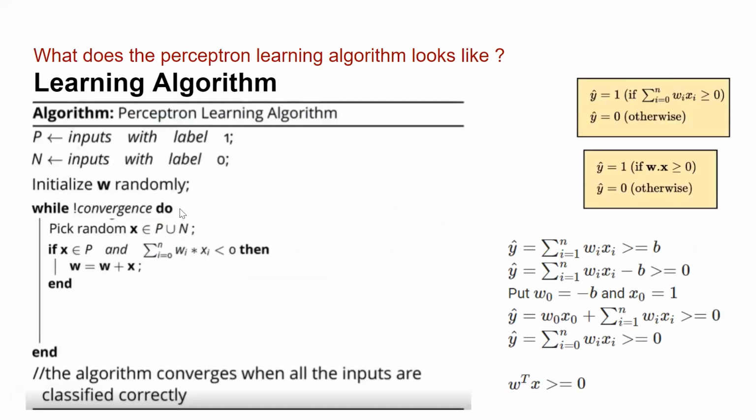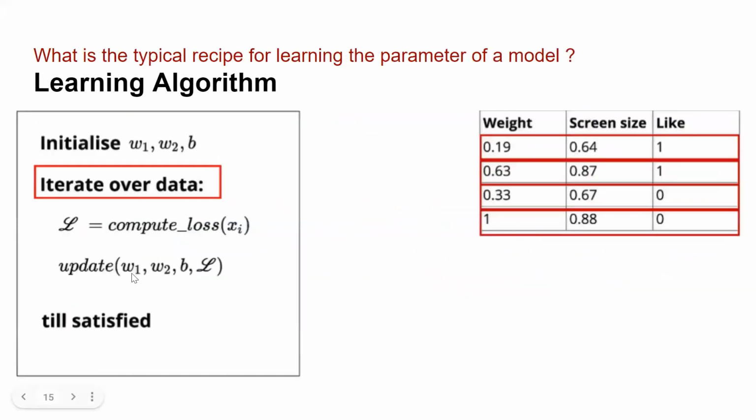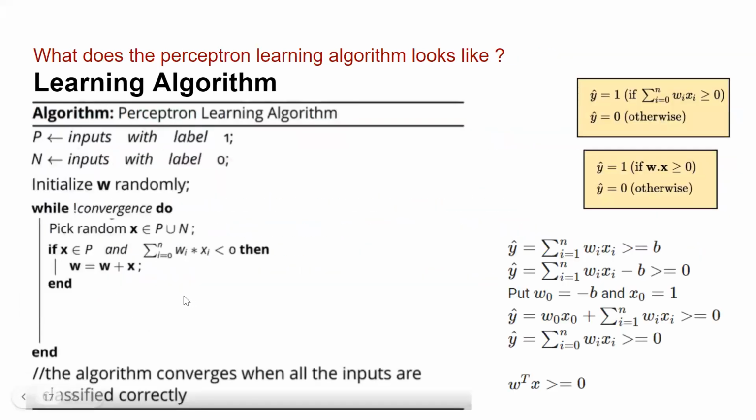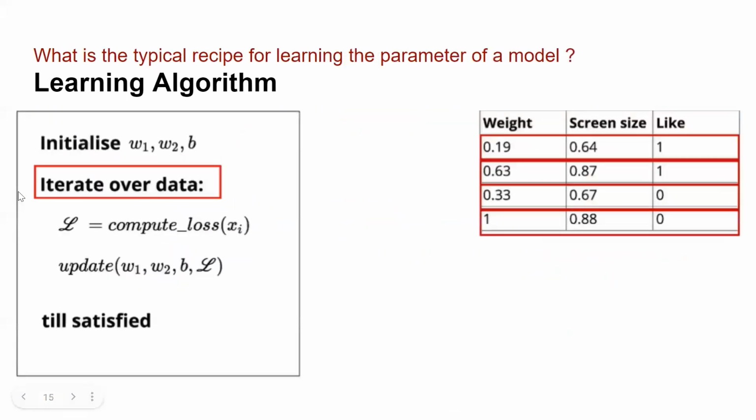So this slide is a continuation of this one. Here I said that I'll be making some update, right? But I did not tell you what update I have to make. So this is the detailed description of that slide. If you want to use deep learning as a black box, you can live with this concept. You need not worry about what update you are making at the back end. The package that you are running will do it for you. You just need to understand what the process looks like. So this slide explains the process.